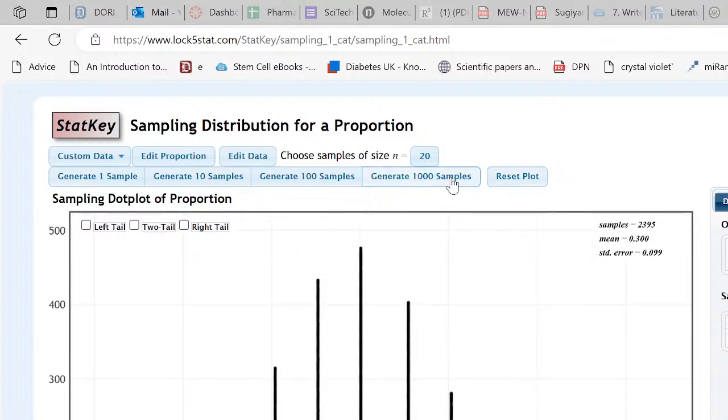Now, this is a simulation of the sampling distribution. The sampling distribution simply is the probability distribution of a point estimate. That's all it is. We have simulated it. Now, the mean, I can barely see it up there, but I'm going to read it off the screen: 0.300. That's the value of p, isn't it? I erased it, but yes, that's the value of p.